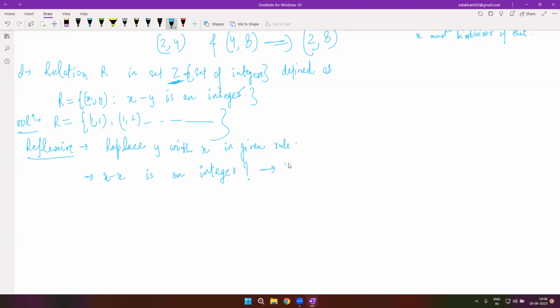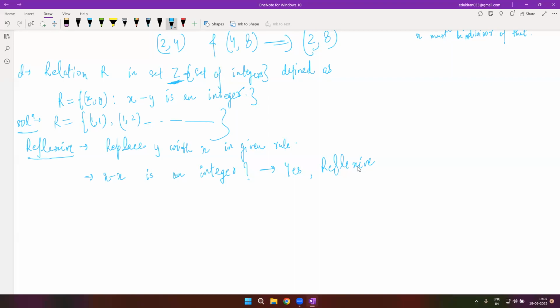So if the answer is yes, then the relation is reflexive. Or in simpler words, in mathematical words, what you are saying is that you can take all the pairs because their difference 1, 1, 2, 2, 3, 3, 4, 4, 5, 5, 6, 6, minus 1, minus 1, minus 10, minus 10, minus 100, minus 100, 0, 0. You can take all these pairs because their difference is 0 only. So their difference will always be an integer,